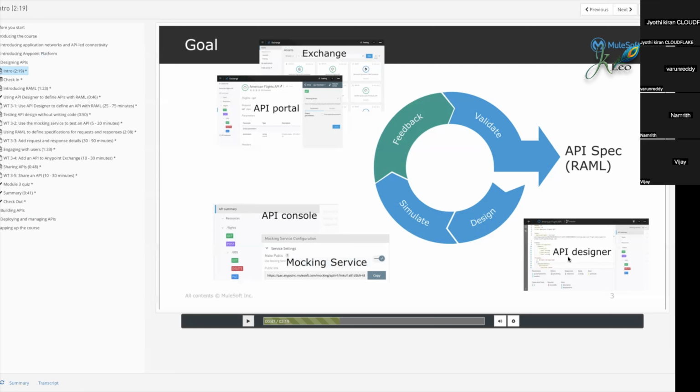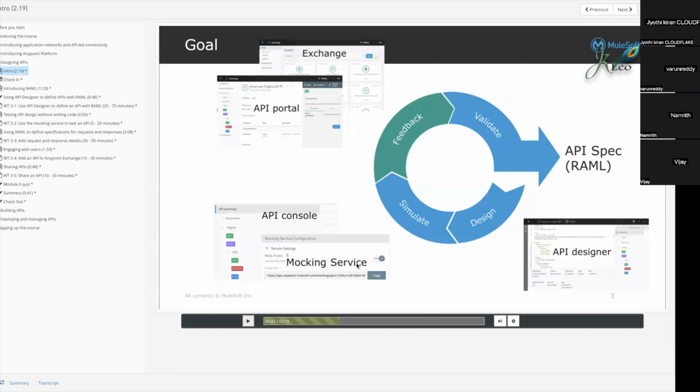We'll be writing the RAML in API designer and then mocking the service. Once we design, we have to mock them. Mocking means to put some dummy data or some false data so that it will be up and running and giving some response, just to validate if that response is correct, and just to validate the structure remains intact, and just to validate that the right fields are part of the request and response. This all comes under validation. So to validate that, we have to